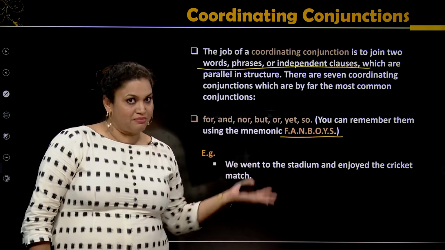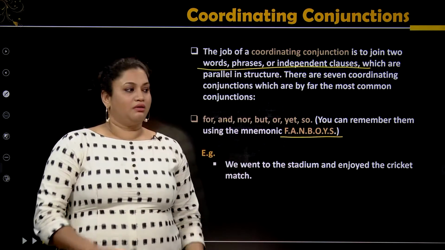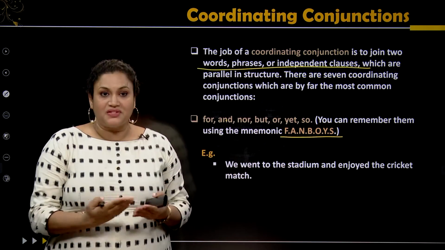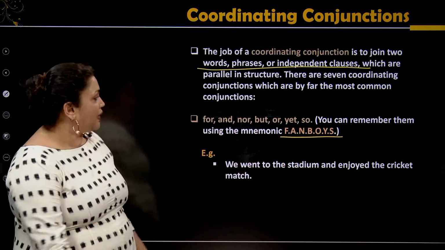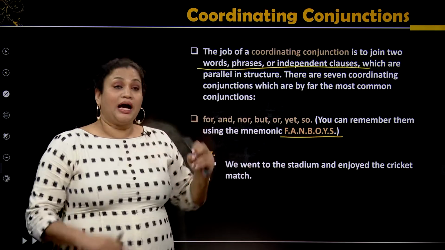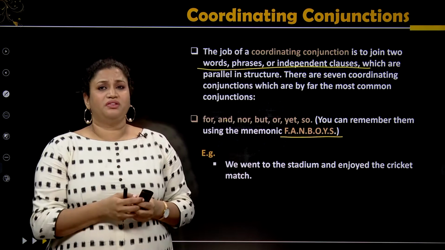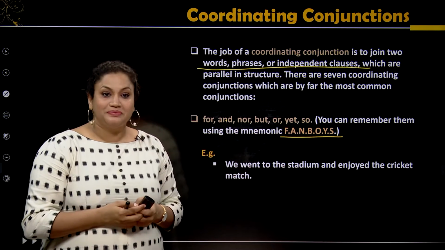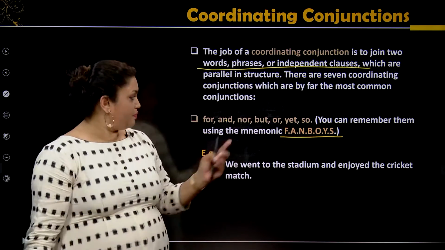I have to say "bold and beautiful." So I cannot have one positive and one negative. I need to have both positive or both negative. Okay, that is about "and." For example, whenever I'm using "but," I always use it like this: She's beautiful, but messy. In that case, you have one positive and one negative.